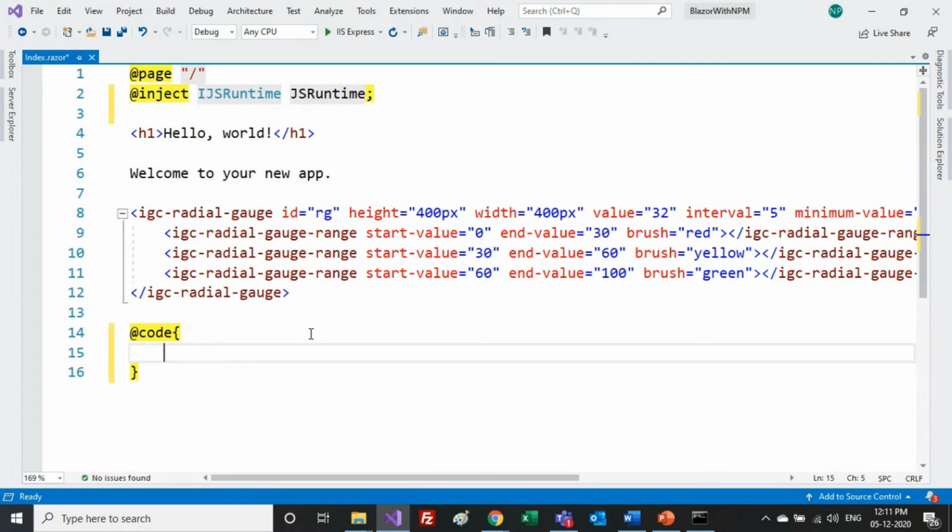But I would not suggest you to do the same thing for your real-time applications or maybe the enterprise applications, because your code can be heavy, can be larger at runtime. So I would suggest you to divide that code into different parts, so you can read my own blog for that, like how you can divide your business logic from your razor components, which will give you multiple ways to do that. You can use code behind, you can use the OOPs strategies, that is what we call abstraction, anything you can use. Okay, so we can use this code tag to call some JavaScript functions,